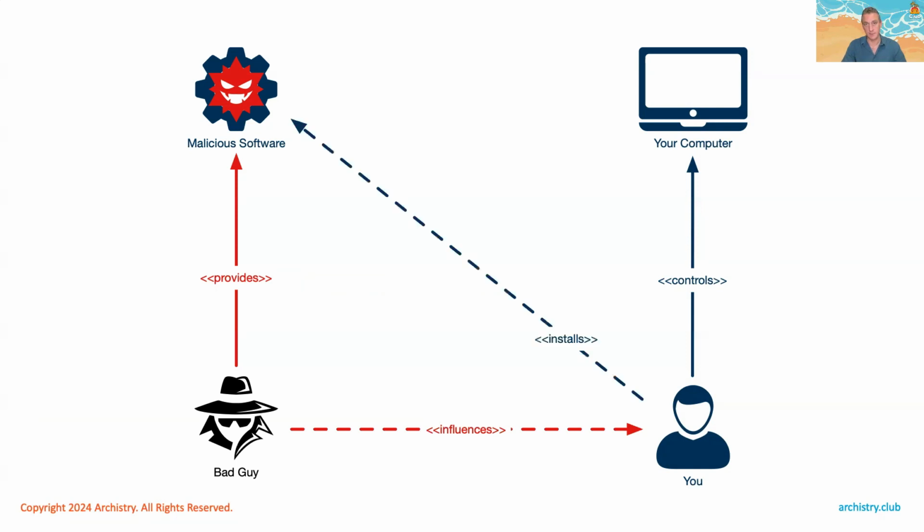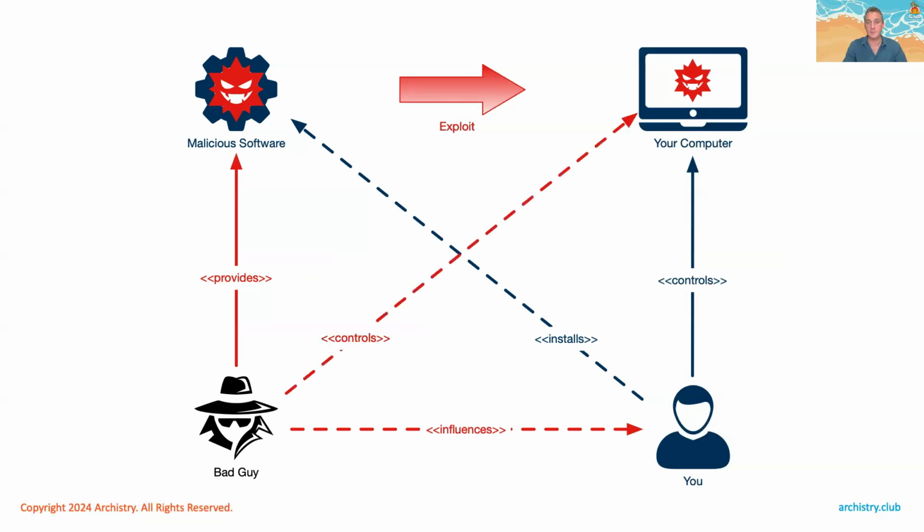However, if they influence you successfully, what they're going to try and get you to do is download some malicious software onto your machine. So you click a link, you answer a phishing email, you enter your credentials into some site, whatever it happens to be. But somehow or other, you facilitate the installation of malicious software onto your machine. And once you do that, you have an exploit. Following that exploit, you have malicious software installed on your computer. And what that allows is for you to share control of your computer with the bad guy. So they get what they want, and you might not even know that they're there.